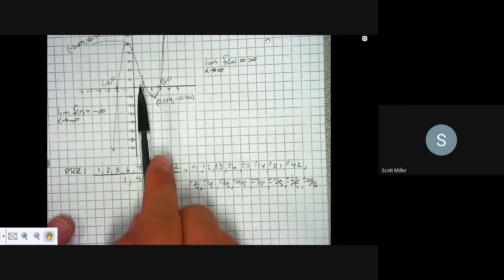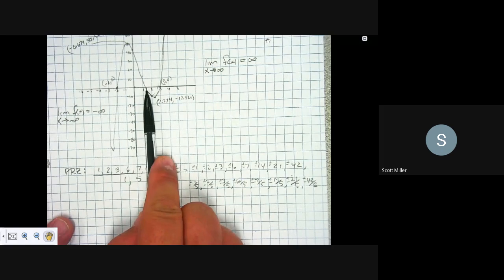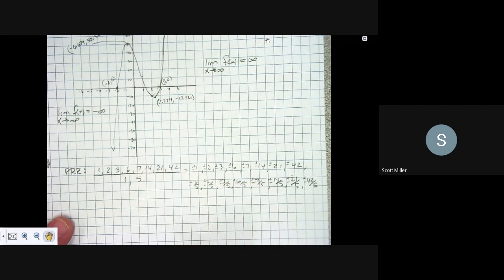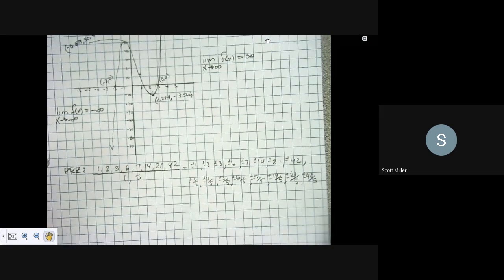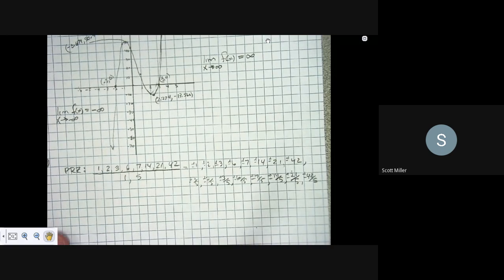There's a third 0 in here, right here. And that number right there, although I don't know what it is, is also in my list. And so we can see from this graph that it's between 1 and 2. So I know already that any value that is not between 1 and 2 is not going to be a 0. So this helps me then eliminate some choices. And that's how we use the possible rational zeros to help us narrow down some possibilities that might